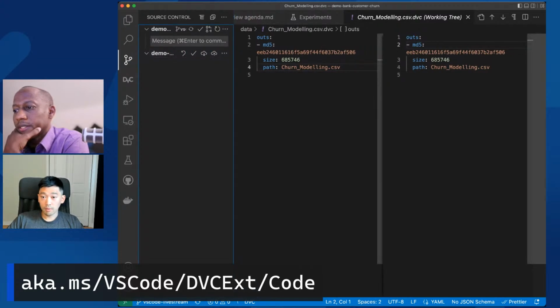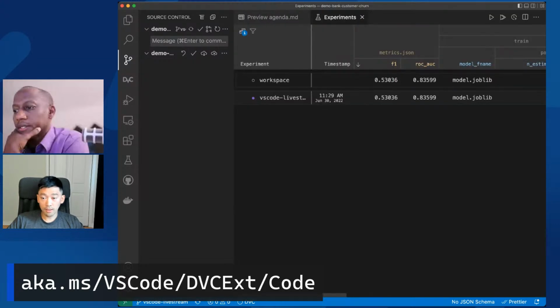And imagine if someone else, not me on this machine, did that. The only thing that I would need to do is to basically click DVC pull. When you install the extension, it adds a separate section in the source control tab. There's a first section that everyone's familiar with to work with Git, but then it adds a second section to work with DVC. So it allows you to essentially pull and push your data, as opposed to your code that you would do with Git.